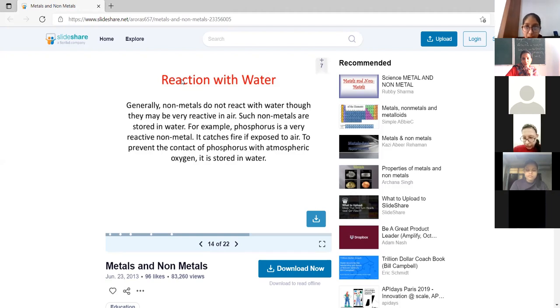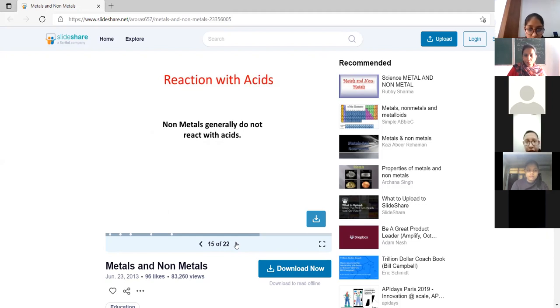Okay. Next. So we have seen the reactions of non-metals. A non-metal reacts with oxygen only to form oxides. It does not react with water. A non-metal does not react with acids. Next comes our